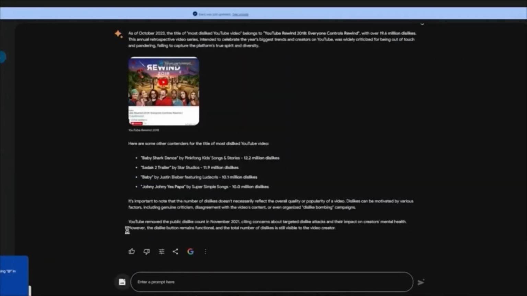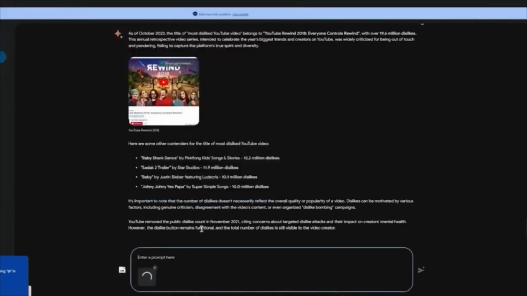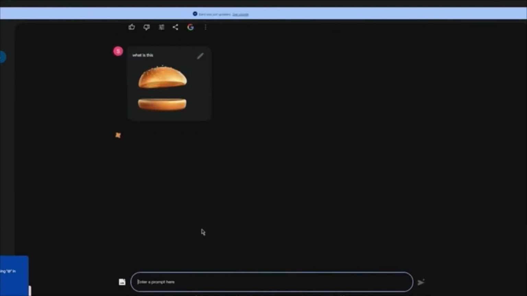So you can upload images where you can ask it questions regarding this image. So let's say I'm going to go ahead and upload this image of a bun, and I'm going to write, what is this? Okay, I'm going to write that. I'm going to click on enter. Now, once you write that and you ask, what is this? We're going to wait for it to search up, and it's going to give us an explanation on what this